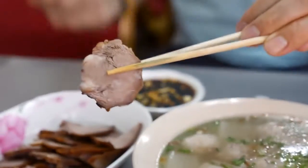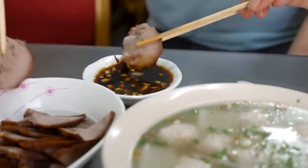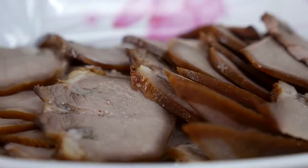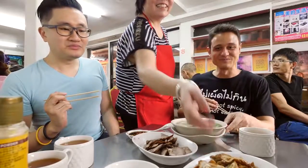Yep. Really tender, fleshy. It's a nice salty braised flavor they have on it, and then with that vinegar garlic sauce. Oh wow. That is a world-class snack right there. Oh, and here comes...